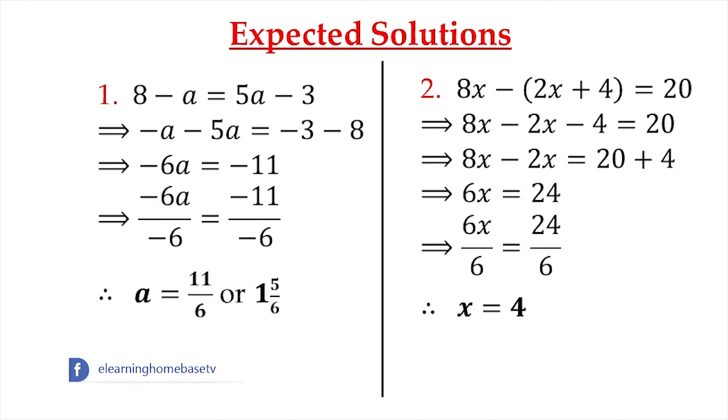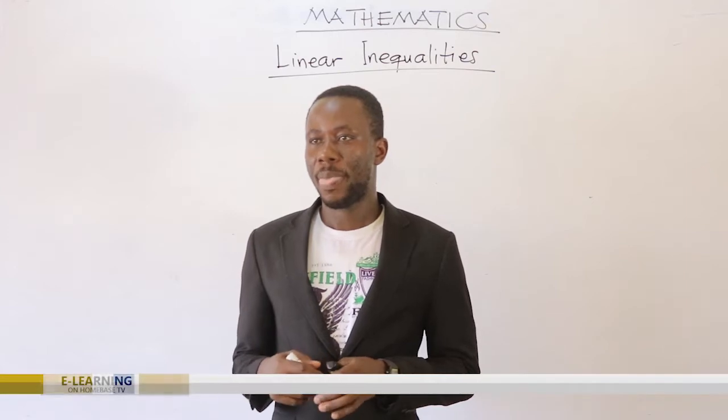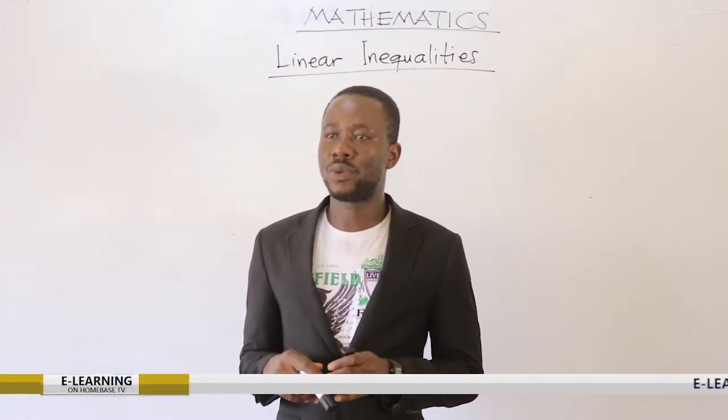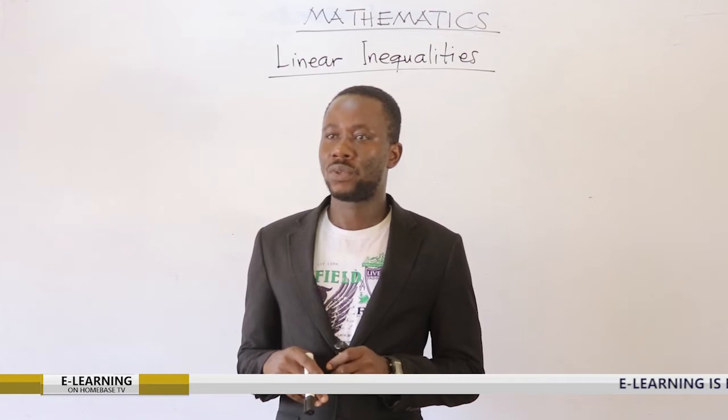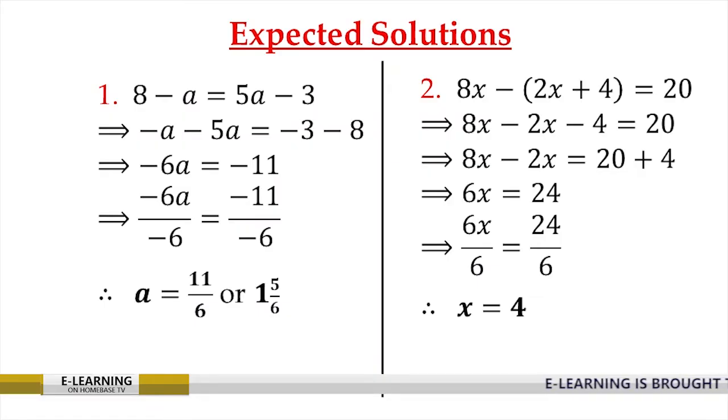Now the negative before the bracket affects whatever is in the brackets. So by expanding, I have my 8x already there. The negative, when it multiplies the 2x in the bracket, becomes negative 2x. The same negative, when you multiply the positive 4, becomes negative 4, equals 20. Then from that point, I'll group like terms by transposing terms to either the left or right hand side. In my situation, I decided to group the terms with the variable x on the left hand side. So I have 8x minus 2x on the left hand side equals,